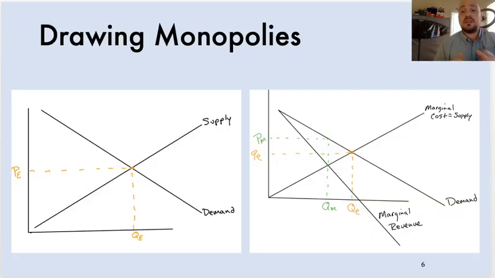So we're going to look at the difference between a monopoly graph and a perfect competition graph. Right? You might remember on the left-hand side, we have a perfect competition graph, a normal supply and demand graph, and I labeled in yellow that equilibrium PE and QE. So we have an equilibrium price and we have an equilibrium quantity. On the right-hand side, we have a monopoly graph. Now, for my students, you've seen this a million times. For some other students, this might be new to you.